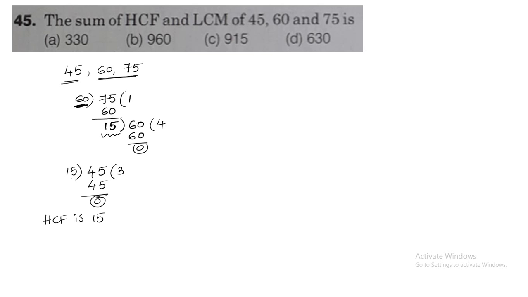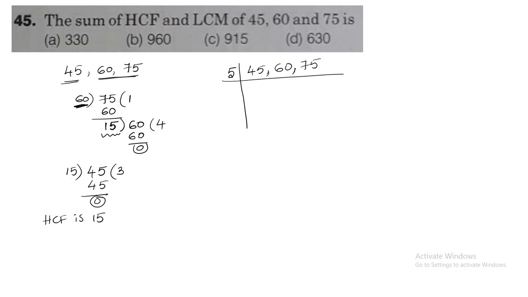So we got HCF. Next we need to find out LCM. So to find out LCM, I need to make use of this particular method. So what is that? 45, 60, 75. You need to write down the numbers separated by commas. Next, if you observe, the units places are zeros and fives. So directly I can say it is divisible by 5. So we need to write down the values by which prime number it is being divisible, right?